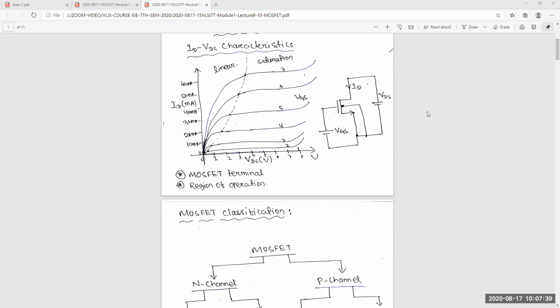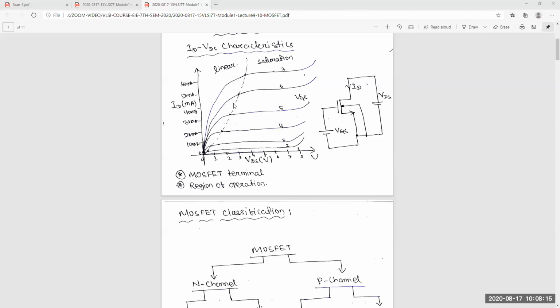These are the regions of operation and the terminals. I have also discussed the difference between BJT and MOSFET, particularly in this arrangement. What are the terminals, and what are the operations? Our main aim is that we'll finally get these things. So if you connect the MOSFET with this bias arrangement, we'll get this. And if you change this VGS, we'll get different types of curves, and the threshold points will also change.